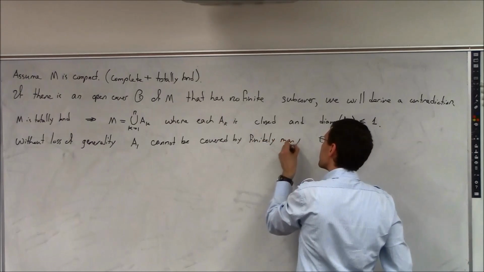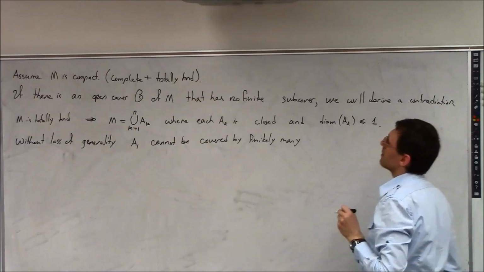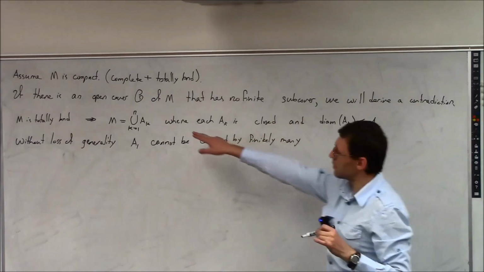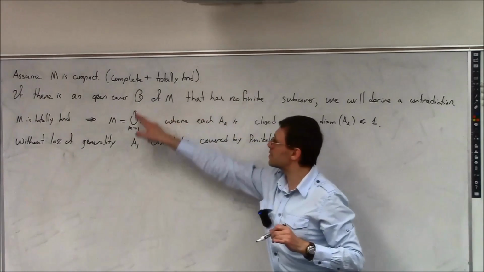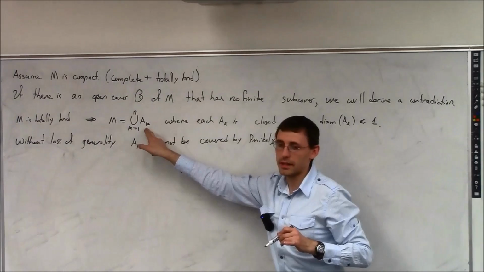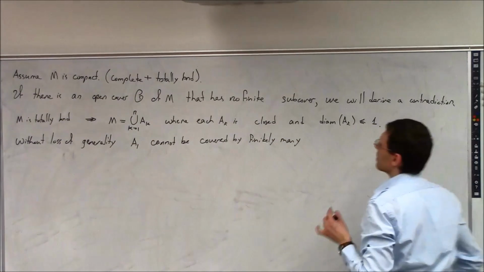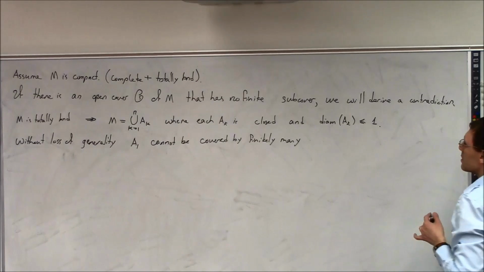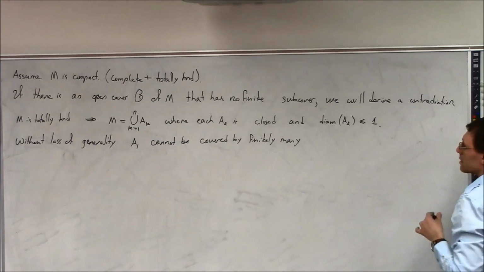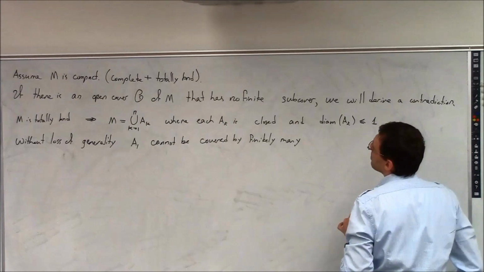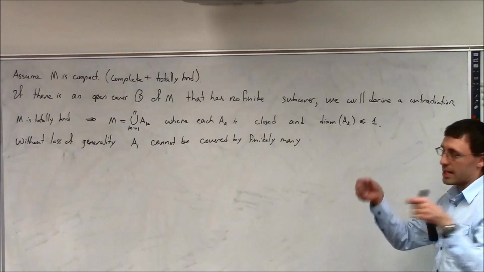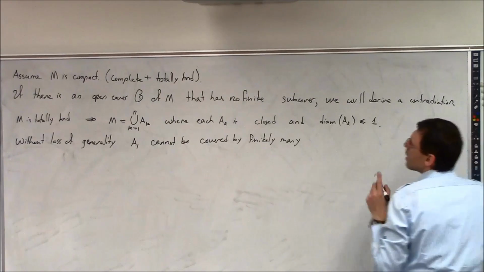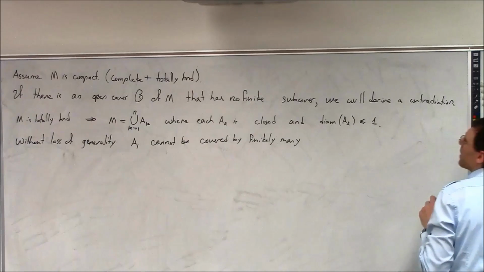Is this kind of using the pigeonhole principle? Yes, well, somewhat. It's simpler. If each of them can be covered by finitely many subsets of G, then M is covered by a finite subcover, right? So I think it is the pigeonhole principle, or something very similar to it. The pigeonhole principle is a little more precise, where you have basically more than one. Yeah, A_1 cannot be covered by finitely many